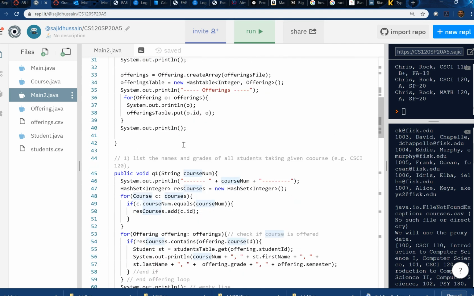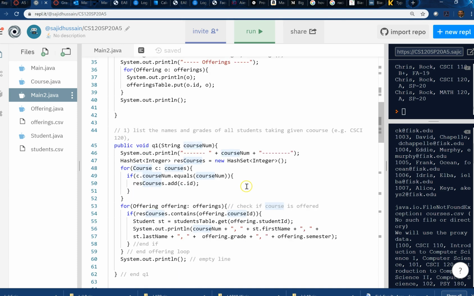Now let's see the first query. The first query is to list the names and grades of all students taking the given course number. In that case, first, you can see this is a separate for loop. We go through all the courses and find those IDs which match the given course number, because a course number can be repeated in multiple semesters, so we want to keep track of it. So we get all those course IDs,